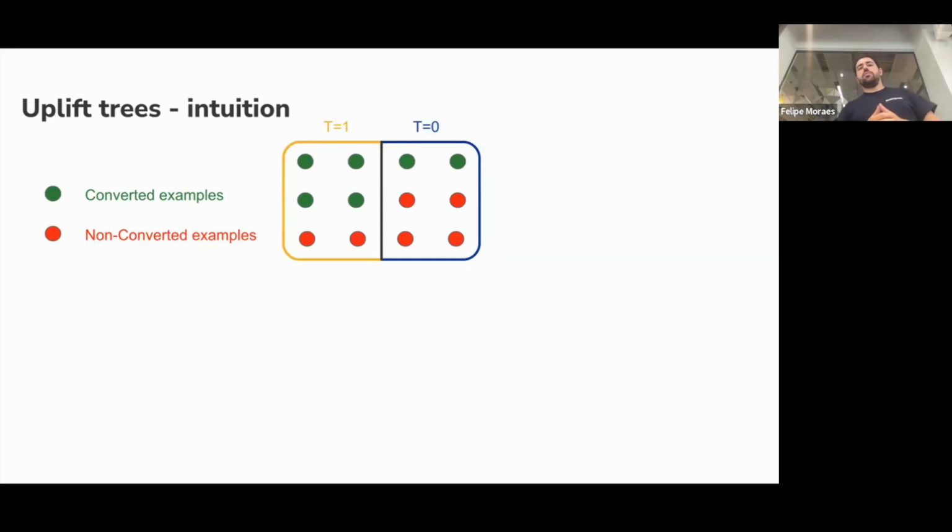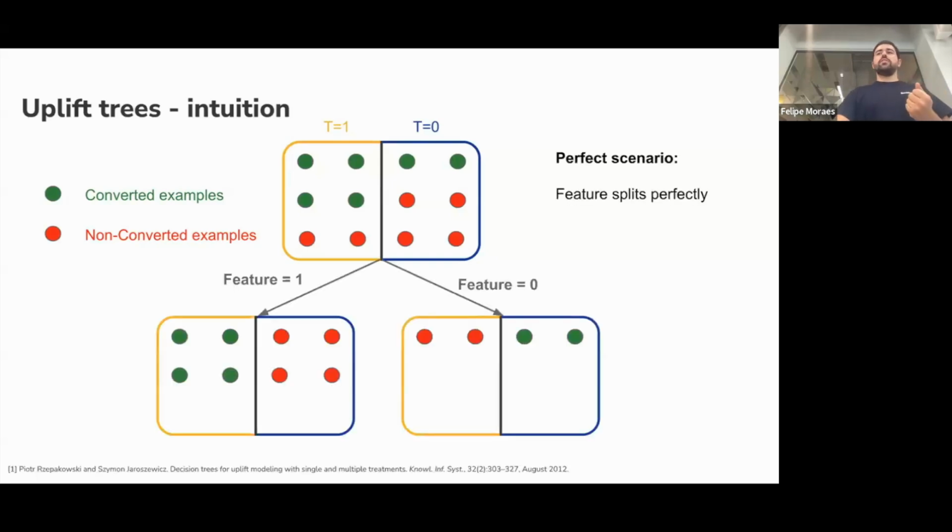But in the case of uplift modeling, you have a treatment group and a control group, right? So the data is divided between these two groups. And the main idea is that you want to have the biggest treatment effect in the splits you make. So ideally, we would like to find this amazing feature that would split with 100% uplift to one side, with feature equals 1, and it would have a perfect downlift, so negative conditional average treatment effect. So positive on one side and negative on the other.